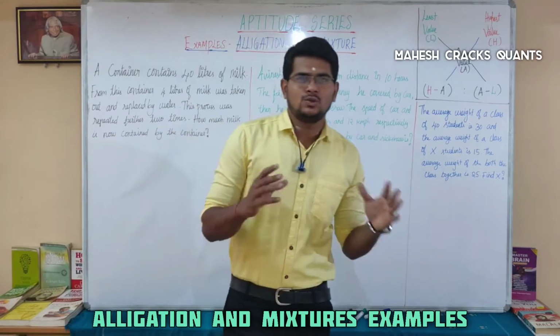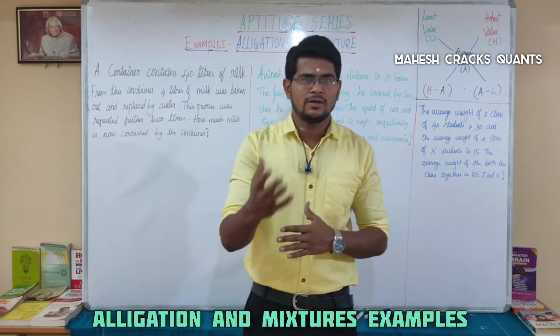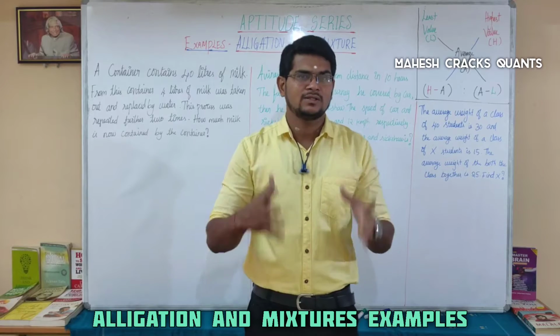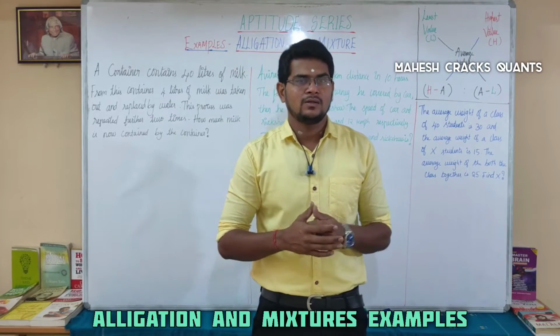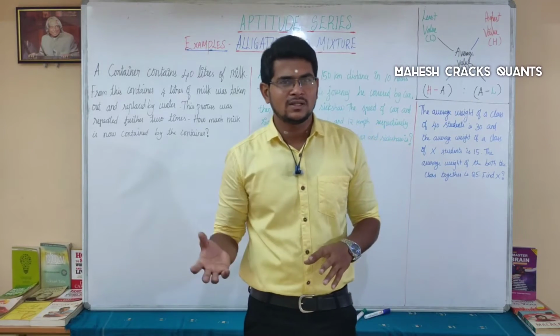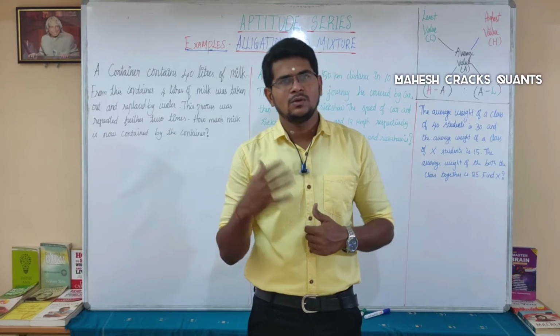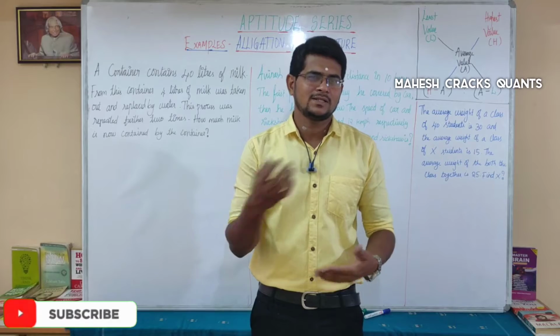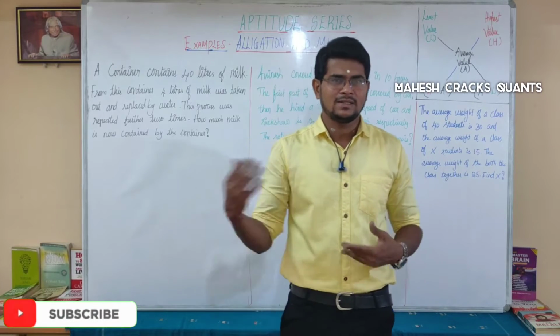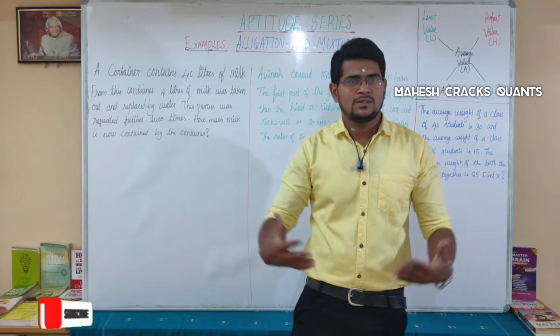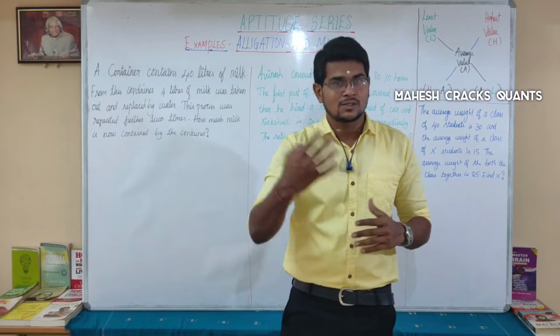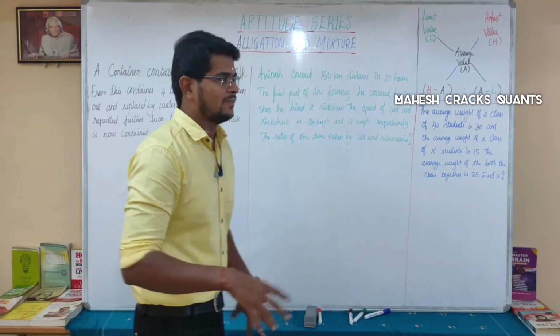This can be solved in 2 ways. There is one way we have given in the basic class itself. That's the example, the formula we are going to use. And then another way is we are doing it successively, right? Successive. So you are taking out 4 liters successively for 3 times. Here in this case 3 times. So you can use successive formula as well. We'll solve in both the ways.